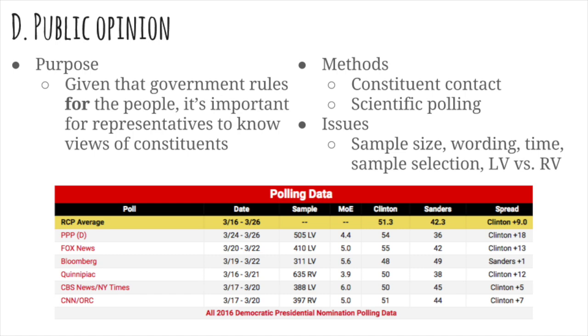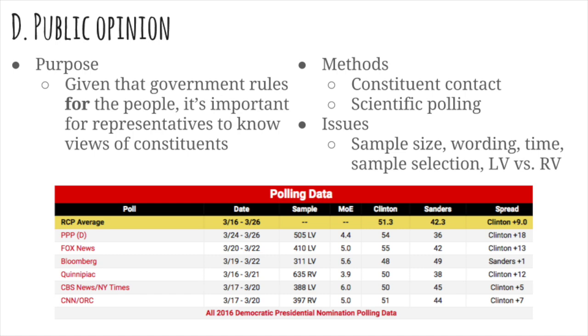First of all, having a small sample size. The larger the sample size, the better. If you ask 7 million people, you're going to get a much more reliable representative sample than if you ask 7 people. Another issue is wording. If you're trying to tease out how people feel about abortion, and you ask if you think that people should have the right to kill unborn babies, you're going to get a different response than if you ask whether or not you think women should have the right to control their own reproductive health.